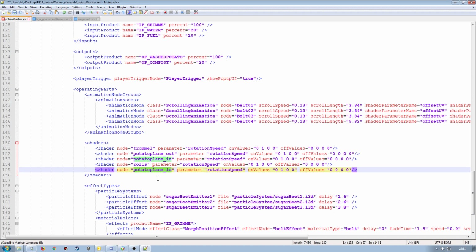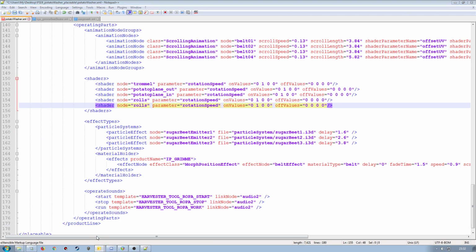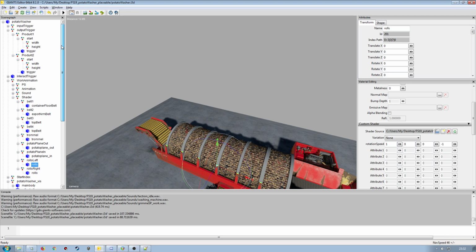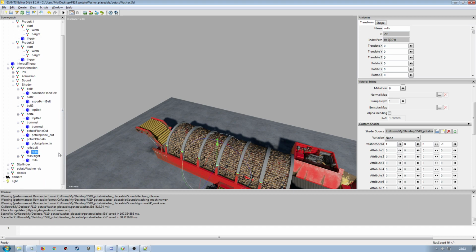So okay, we'll try that, see what that does. I don't know if that's going to work. I'm a bit unsure about these animation nodes, but it has got shader parameter names, so that possibly could work. Let's see how that works out later on. And what we should have is, we'll see how that works out. So